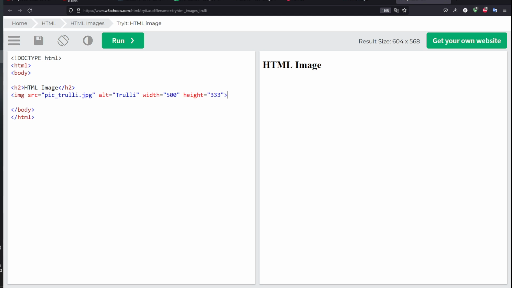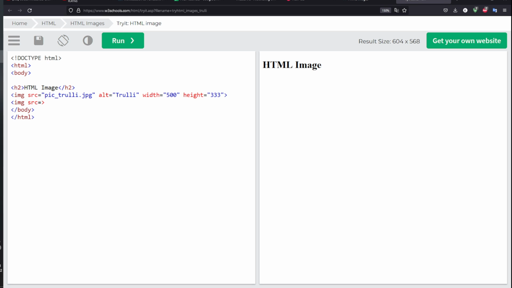Here, it's just a simple code. As you can see, I first of all open an image tag, which is just the open, image, and close. Inside of this, I'm going to choose a source, which stands for source. SRC works fine. Equal, and then I'm going to choose a source of an image that I have inside of